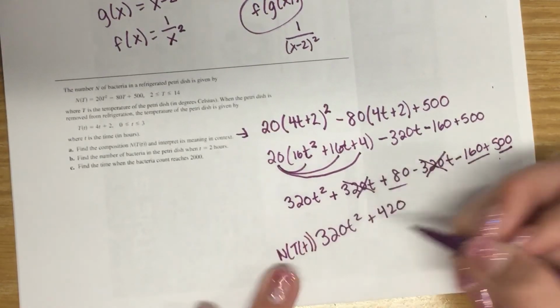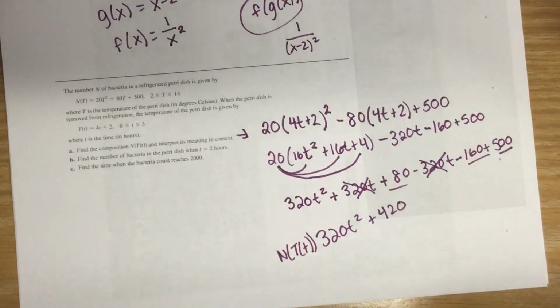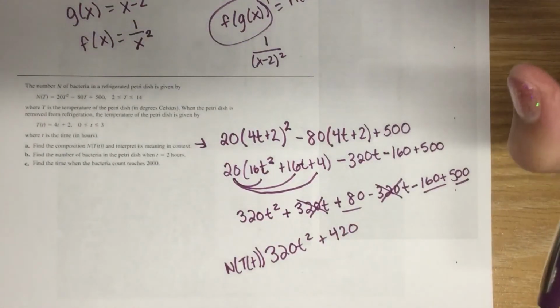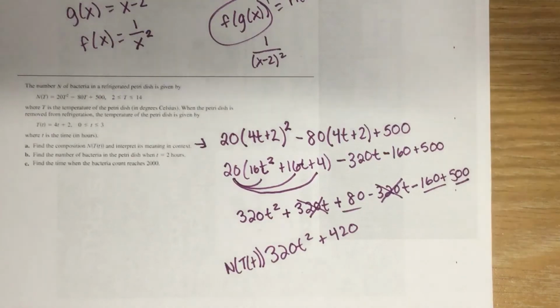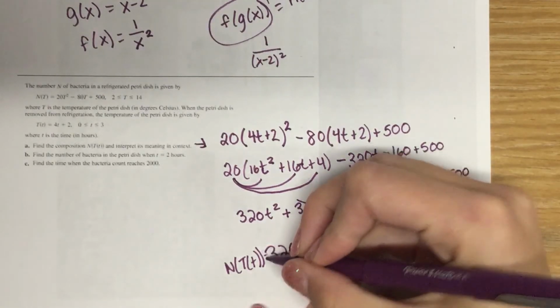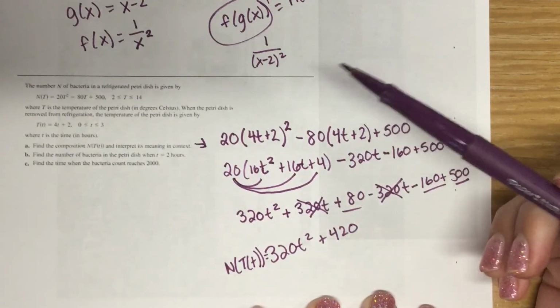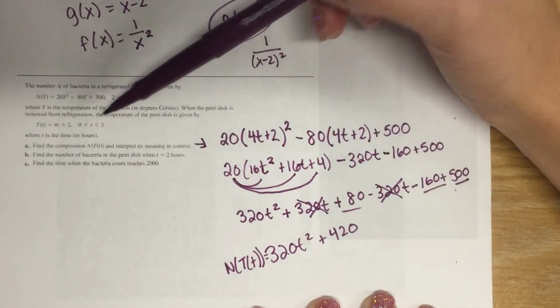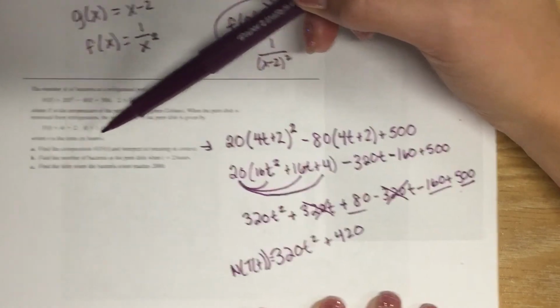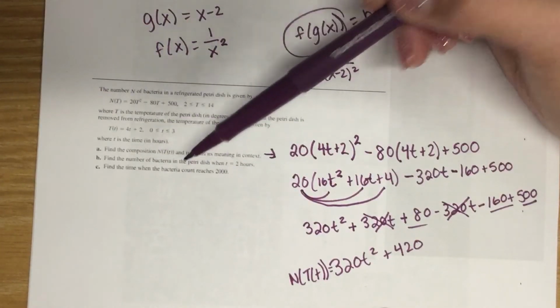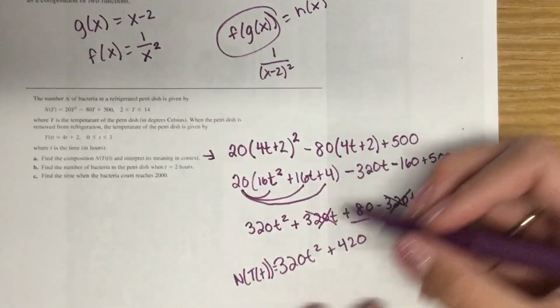And it wants us to interpret this, like with meaning. What does this equation even mean? So this would represent the number of bacteria as a function of time that the Petri dish has been out of refrigeration. How do we know that? Because we're taking the number of bacteria that are in the dish and we're writing it as a function of time. We're plugging that time into it. So this refers to the number of bacteria